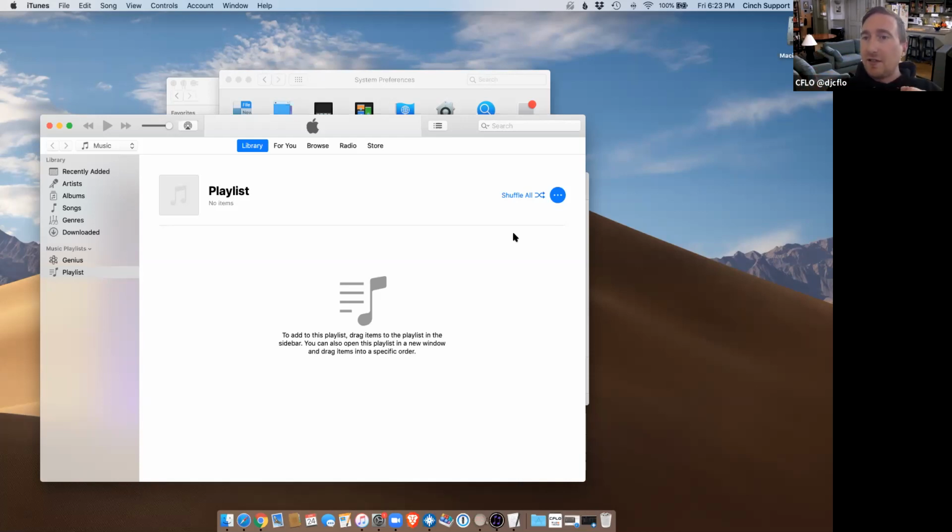Brett, have you gone through this process? Yeah, you can do internet recovery mode, and I can't think off the top of my head, but there are actually two different key commands. One of them will recover to the version that your Mac shipped with, and the other will recover from whatever's the latest point release. Right. So you don't want to do that because it's super stressful on the Wi-Fi.